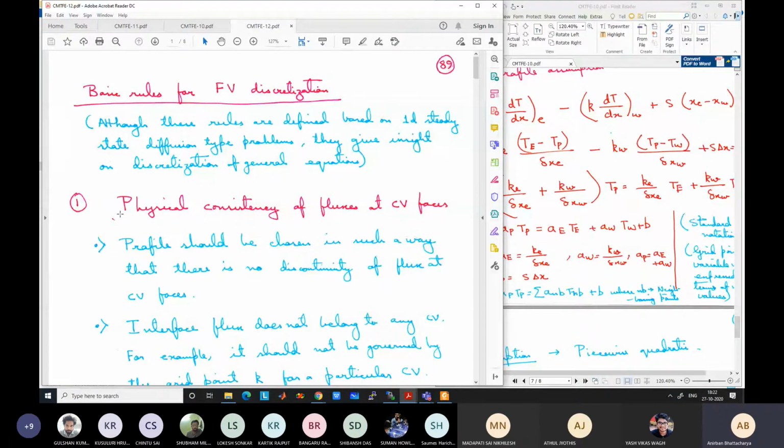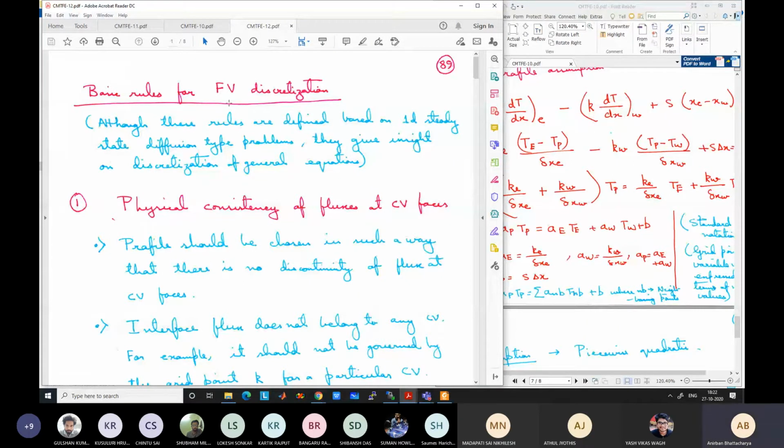Okay, we are following the book by Patankar, which is one of the most fundamental books, because he was a pioneer in developing the CFD method, the finite volume method. He was one of the first persons, and his book is very fundamental. Although it was written a long way back, it is like short notes, but has a lot of insights. You should always read the book by Patankar.